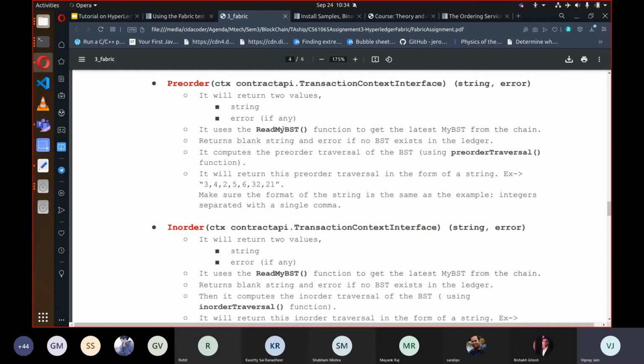It will return a string of the pre-order of the tree, and if the tree is not present, then it will return an error that the tree is empty or anything, whatever error you want to print. Make sure that the format of the string is exactly the same as in the example, meaning the integers comma separated with no space in between. So follow this convention; it will be convenient.